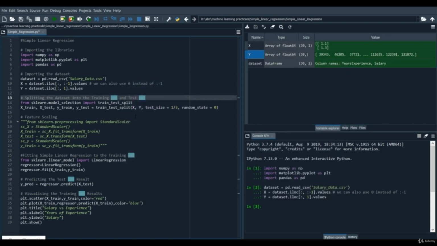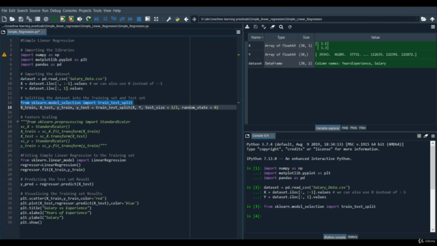Now after that we need to split the data of the dependent and independent variables into a training set and a testing set. This is carried out by an inbuilt function, that is train_test_split. It splits the data variables x and y into a training batch and a testing batch. This function is already inbuilt and available in the model_selection package of sklearn. So we are going to import this function first into our code.